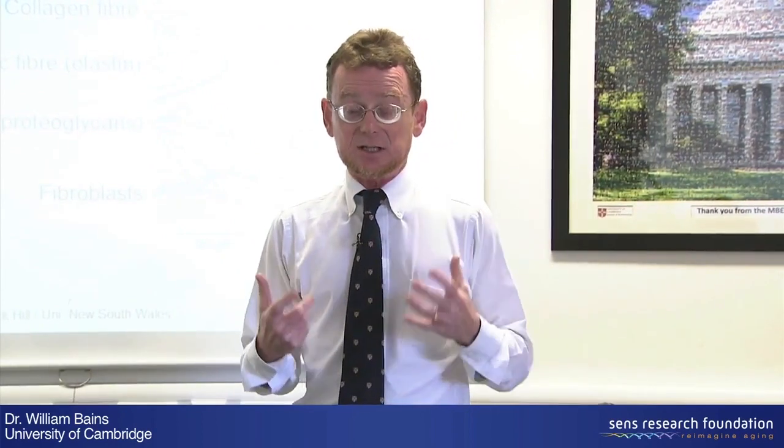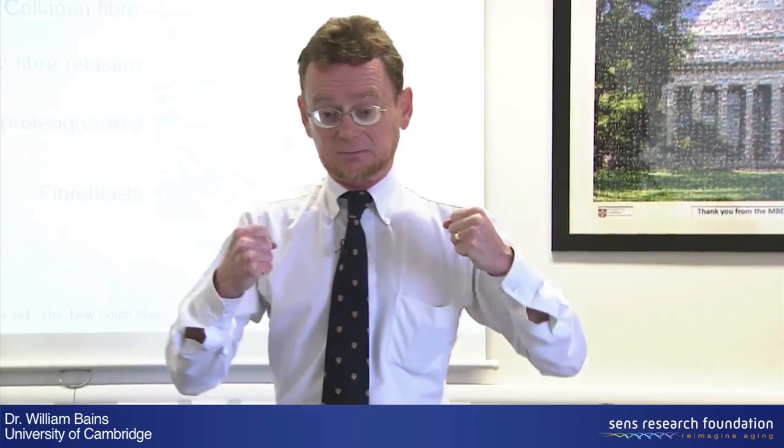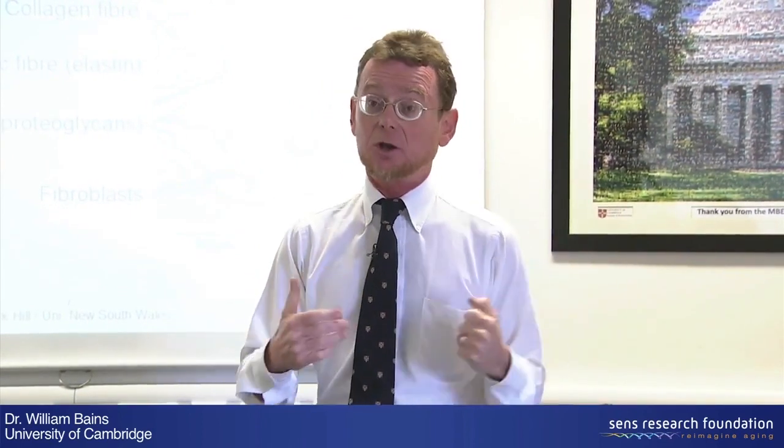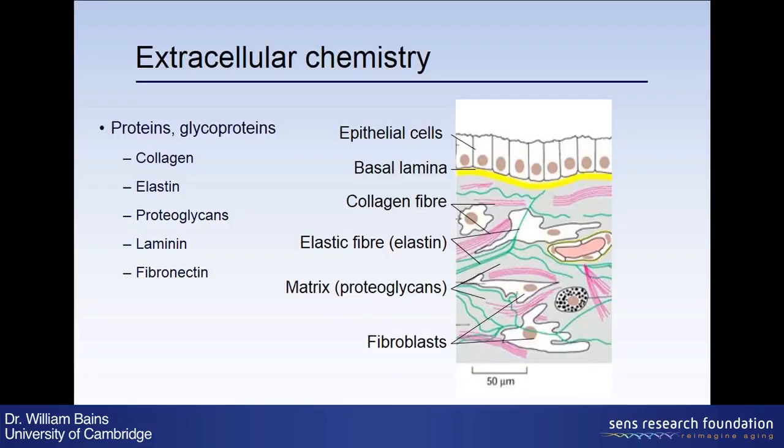Tissues such as tendons, which are meant to be relatively inelastic. If you try to pull a tendon, it doesn't stretch; they have a lot of collagen in them. Other tissues that are more stretchy have other proteins in larger amounts, particularly elastin, which is reflected in this cartoon as these sort of wiggly fibers here. Elastin, as the name suggests, is quite an elastic protein. If you pull it, it stretches.